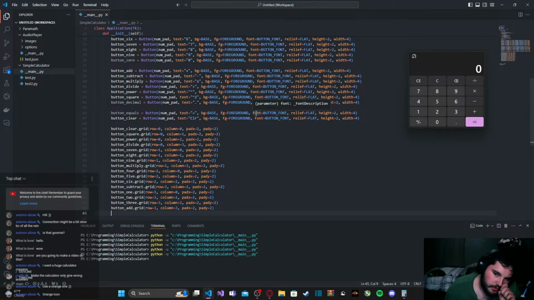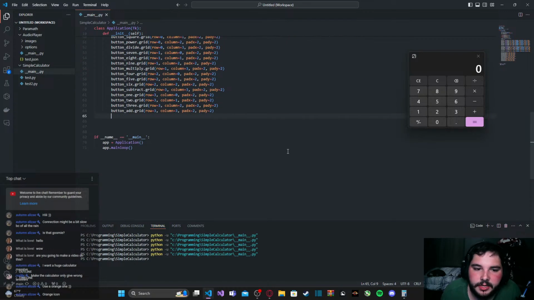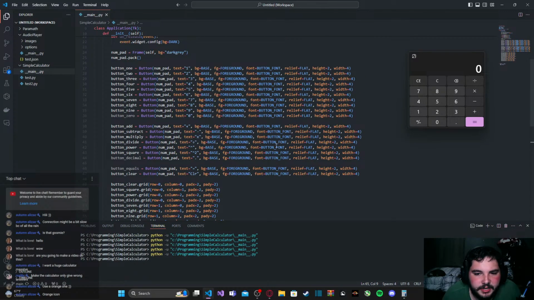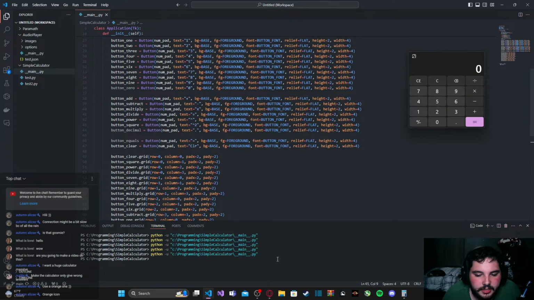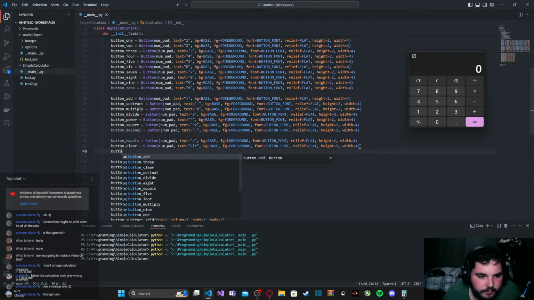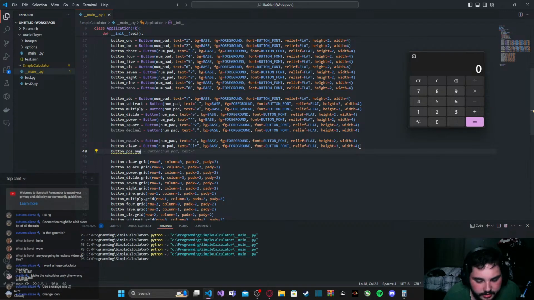All right, you know what? We'll do the negative. We'll do the positive and negative sign. Yeah. So let's make another button. So where do we want to do that? So button pos neg is going to be equal to button and